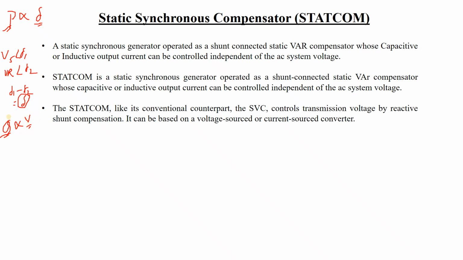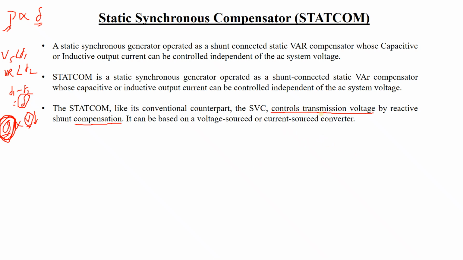So that is why it is very much important, because if the capacitive voltage is more, capacitive reactive power is more, then voltage will increase. That we see in the Ferranti effect. But if the inductive reactive power demand is increasing and it is not fulfilled, then the voltage will fall. That is why it is said that the main purpose of a FACTS device is to compensate the reactive power, so that the transmission voltage can be controlled and maintained within the steady state level.